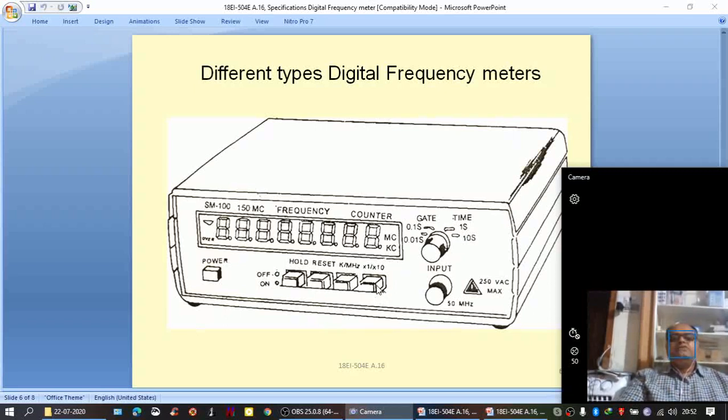Similarly, another switch is there here. When you press the switch in, the measured quantity, that means the display value, should be multiplied with 10. When the push button switch is released, the measured quantity can be read as the frequency directly. That is into 1. Into 1 means directly you can measure the frequency. When you push the switch in, the display should be multiplied with 10 to give the frequency.